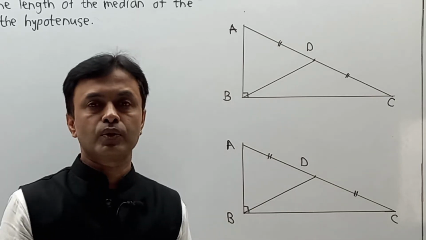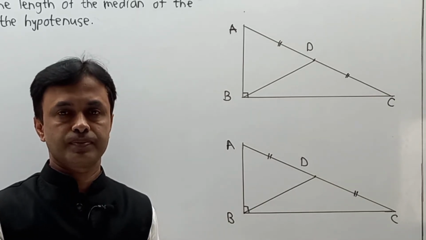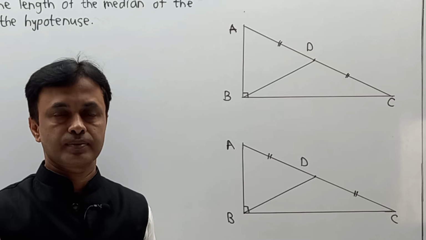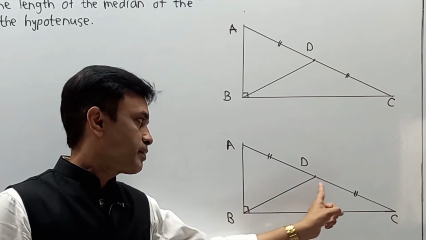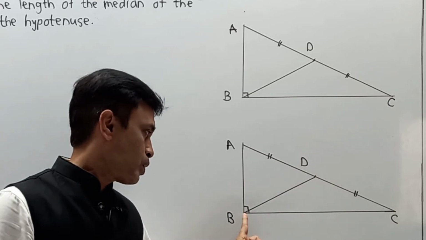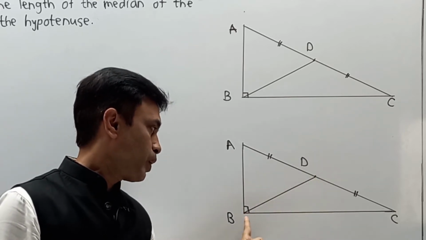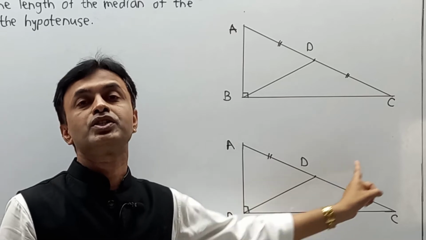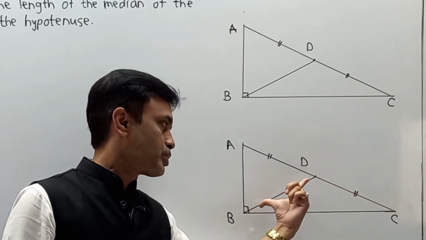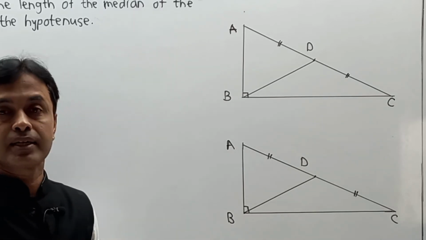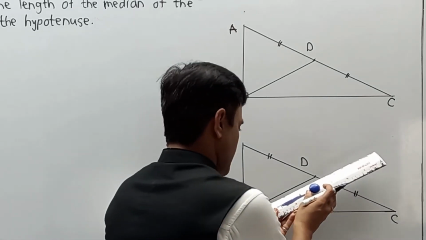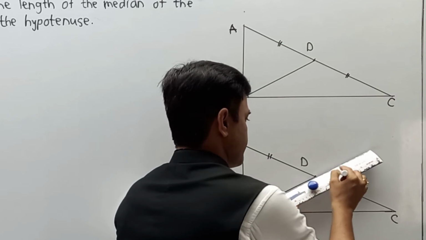Now we are going to start the construction over here. In the construction, what exactly are we going to do? Whatever the length of BD, we are going to extend an equal length. If I say it is 5 centimeters, then I am going to extend it up to 5 centimeters. And the construction is, here I am going to extend this BD.